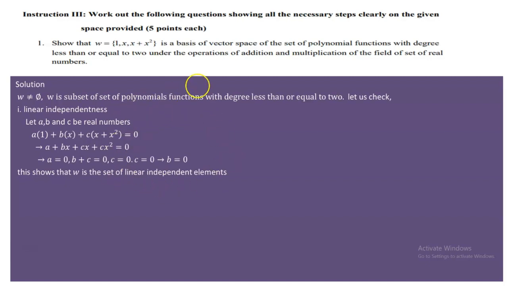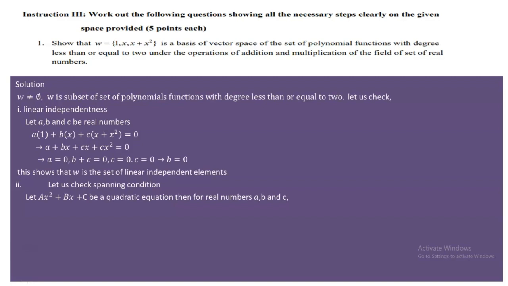That is to say that for any arbitrary element from the given one, from a polynomial function with degree less than or equal to 2, let's see how the element can be formed by the linear combination of these three elements. Okay, so this set must generate any function whose degree is less than or equal to 2. And because of this, let's check the spanning condition and take an arbitrary quadratic expression, Ax squared